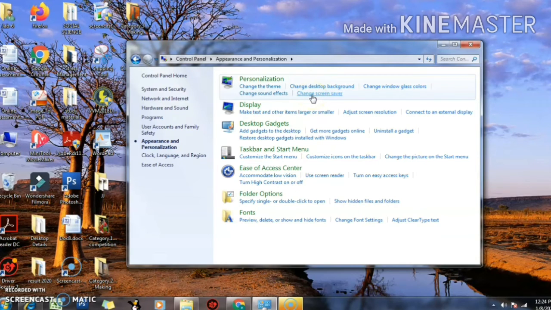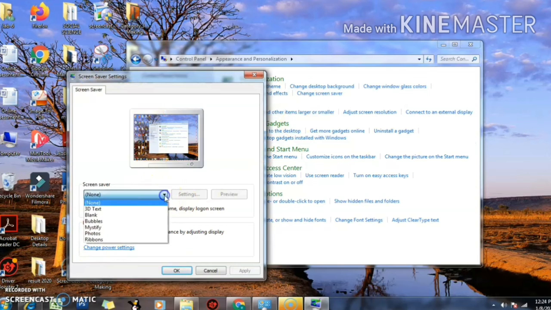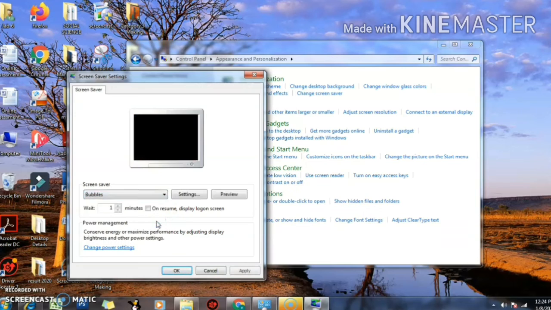Just click on it, and the screensaver settings dialog box will appear. Under the screensaver title, click on the drop down arrow and you can see different themes. Select a theme from that list, and when you click on preview, you can see its preview.